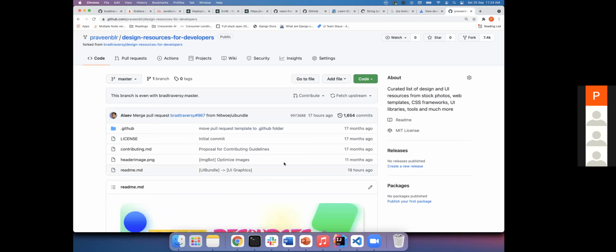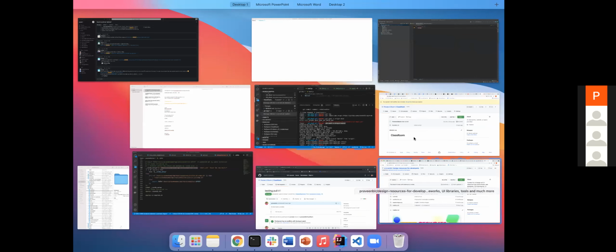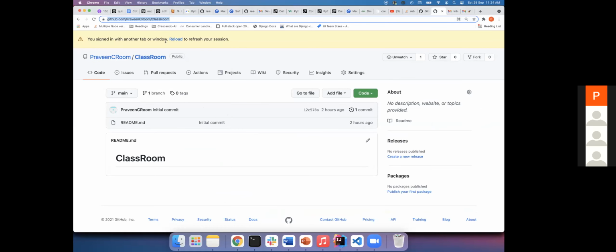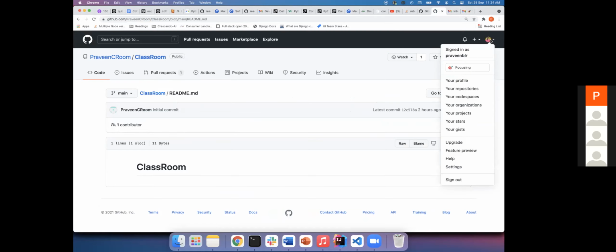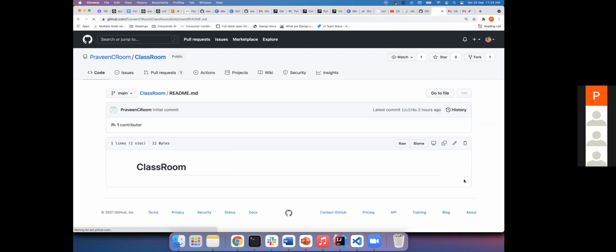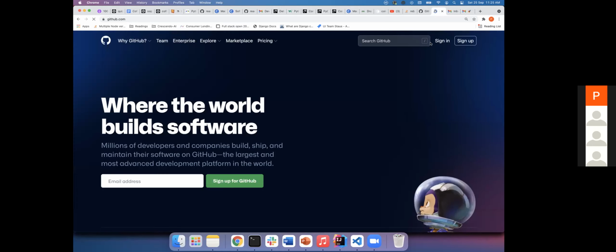Now let's try a pull request, so that you have better hands-on. I created one account for demo purposes in GitHub, as Praveen Zero, and I created one branch. I have only the readme. Let me sign out from this and sign into that.